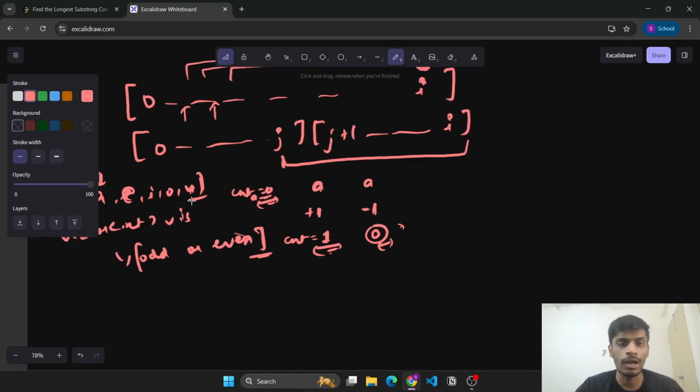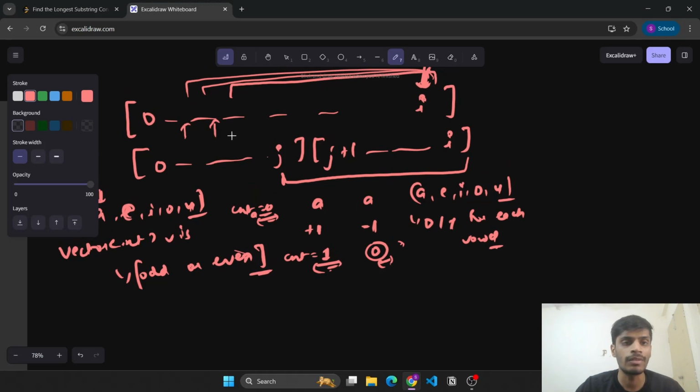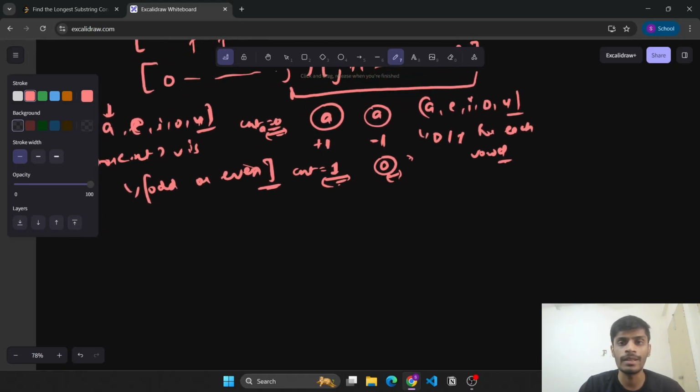Now we need this count for each of A, E, I, O, U, and we know that just using 0 and 1 for each vowel, we'll be able to know whether the occurrence of that vowel is odd or even. Since there are only 5 vowels and we can use only zeros and ones to represent the count, why not create a bit mask,